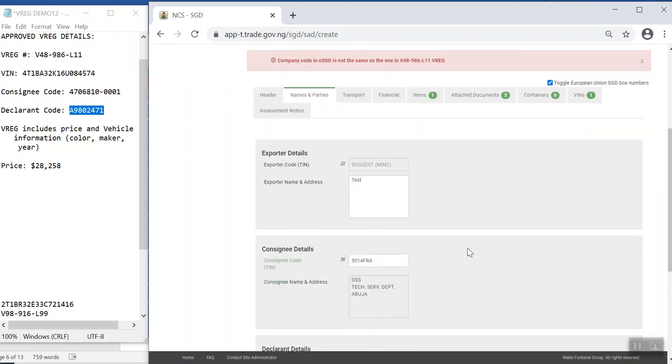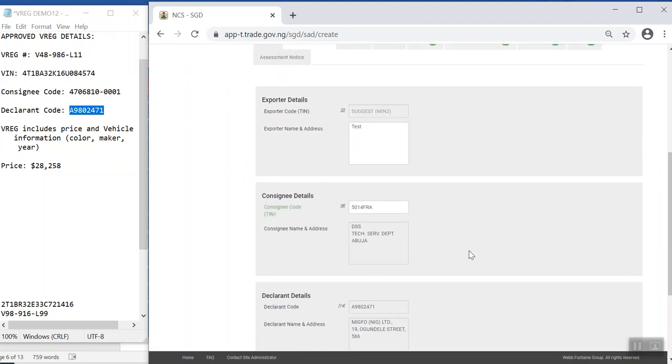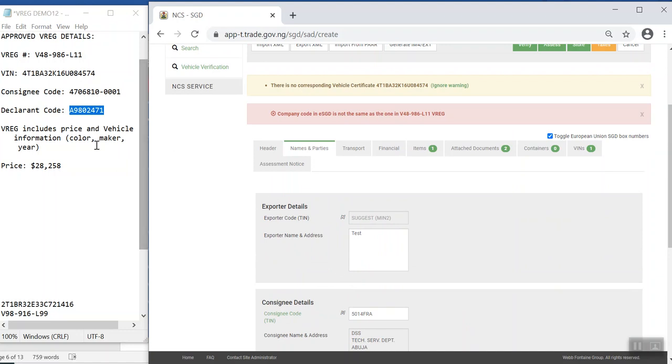as the one in VREG. So again, before we start, I have told you that we must ensure that the consignee code and the declarant code should be the same as what is declared on your approved VREG. Otherwise, the system will block you or will display an error. Now,